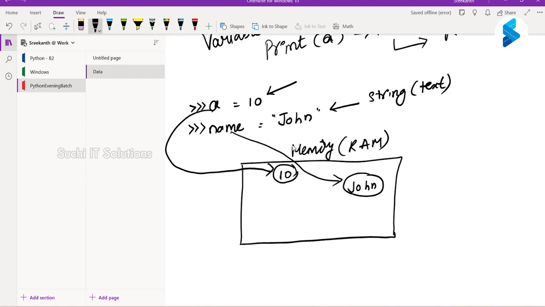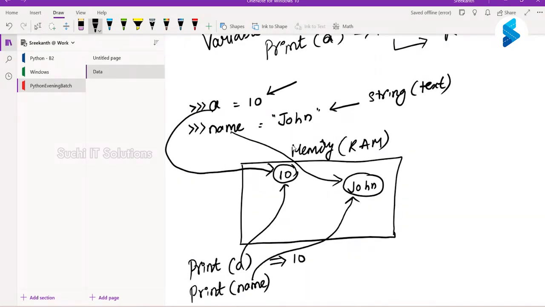Now if I say print A, this A will go check in the memory. Okay, what do I have here? We have 10, so this is going to print 10. If I say print name, it goes and checks in the memory. Okay, what do I have here? It is John. So this is going to print John. Are we clear?